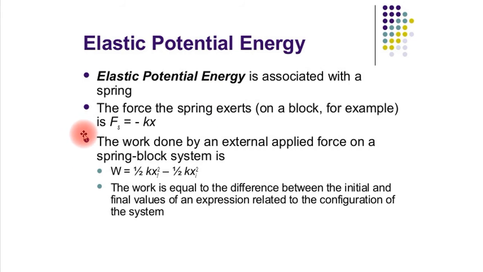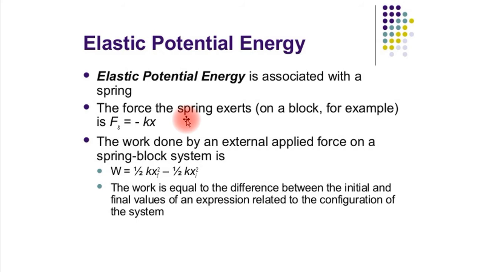Okay. Now, you have to just look at this line, only this line. We know the force that a spring exerts on a block, for example, is Fs equal to minus kx. Here the minus sign is taken to denote that the direction of the force and the direction of displacement of the spring are opposite. Okay, the force and the displacement are oppositely directed. So F is equal to minus kx. Just remember this: Fx is equal to minus kx. So elastic potential energy is associated with the spring, and the force that the spring exerts on a block is F equal to minus kx.